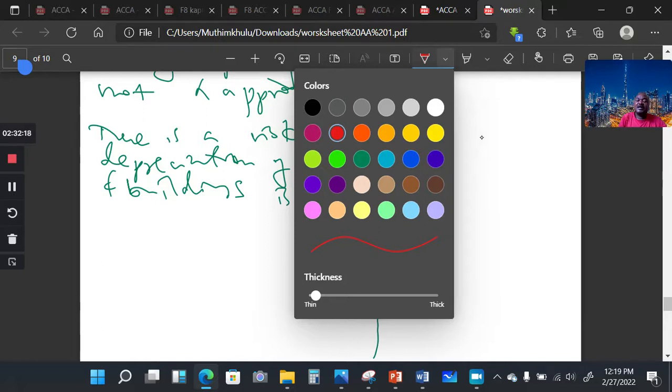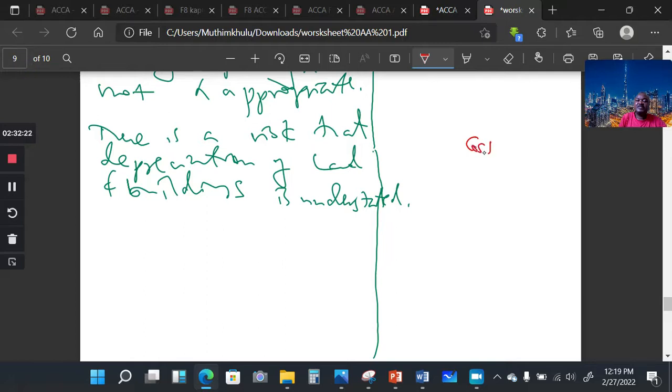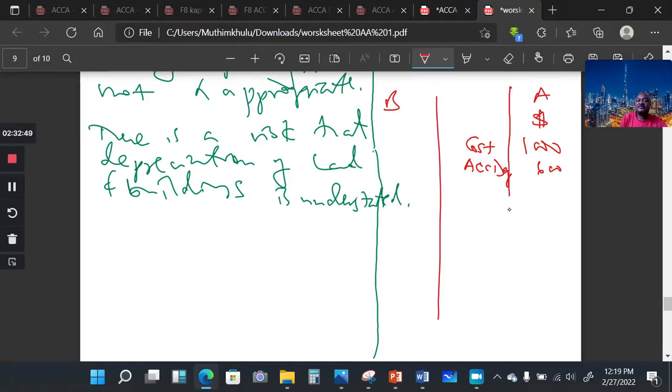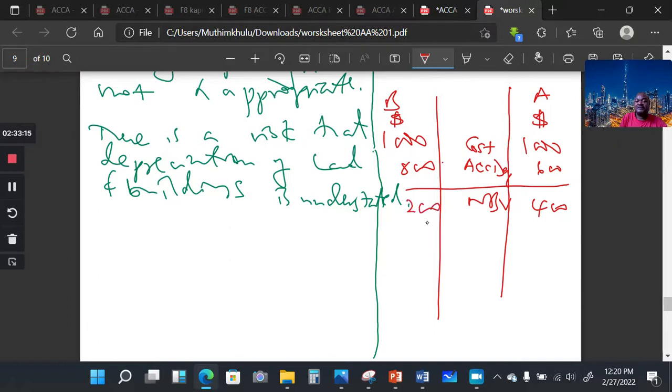Let's say the cost of the asset was 1,000, and accumulated depreciation so far was 600. Okay, this is asset A, and the NBV here is 400 bucks. Then we've got asset B. Asset B, the cost is 1,000. Accumulated depreciation for this asset is 800. NBV is 200. Okay. Now we sold these assets, and the proceeds,